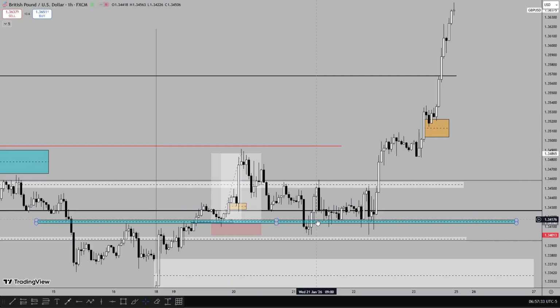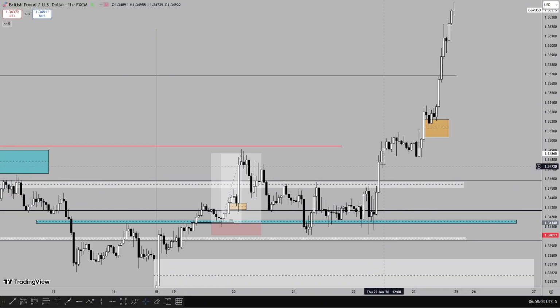After that, I didn't actually take any trade because looking at this price action, it still wasn't aligned with what I was looking for. I want to see a run on this high before waiting for a retracement to buy from, which happened on Thursday, leading to this run on the buy side liquidity. Now a retracement to this candle, the order block, or even the fair value gap would have been